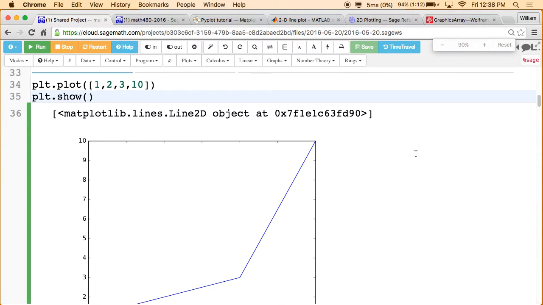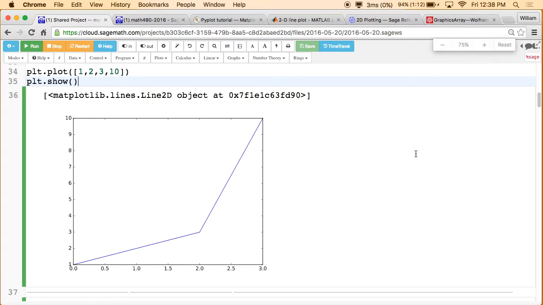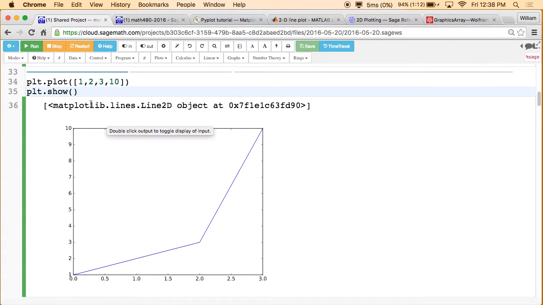I'm going to zoom out a little so you can see the whole plot. So notice that it went through 2, comma 3, and then it went through 3, comma 10. So it drew a line, or a sequence of line segments that go through the points that have these as the y coordinates, and the x coordinates are 0, 1, 2, and 3. So that's the most basic way to use the plot command. Obviously, in and of itself, that wouldn't be so useful. There's a second argument you can provide, which gives what the